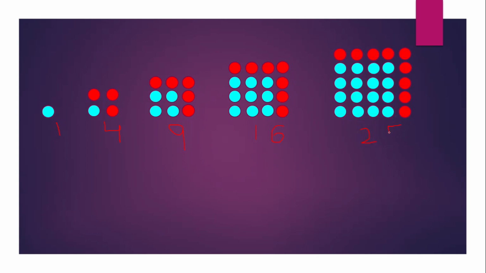25 balls. So children, here you will observe carefully. We are finding here 2 types of patterns. One is here 1 into 1 is 1. Then we have 2 multiplied by 2 gives me 4 in the next one. Then we have 3 into 3 gives me 9. Similarly, 4 4s are 16 here and 5 5s are 25 number of balls here.